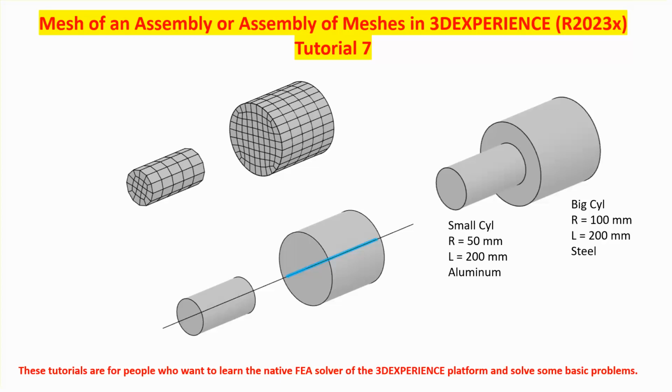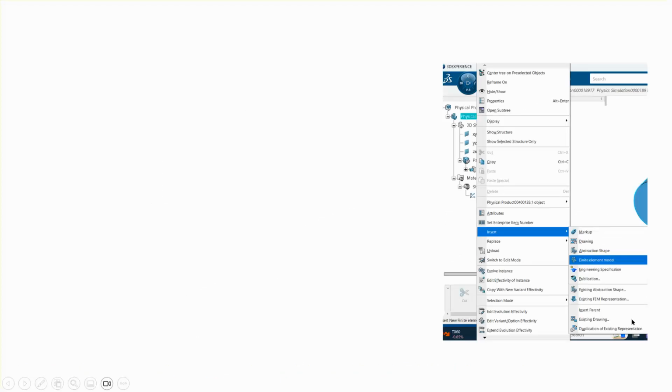And once I do that, then I come back and show you that those two meshes that you created in the part, you don't really need to use them. You can just leave them there in case you ever need them, but you can mesh the assembly itself independently. We'll see that. So my first task is